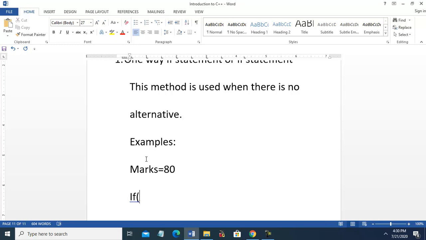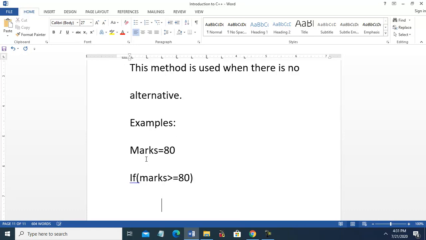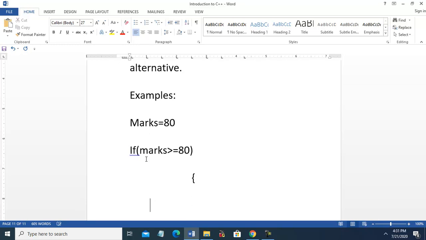Now marks is 80. So if marks greater than or equal to 80, open bracket. You start here, put the curly brackets. Then here we will print a statement: cout, well done.